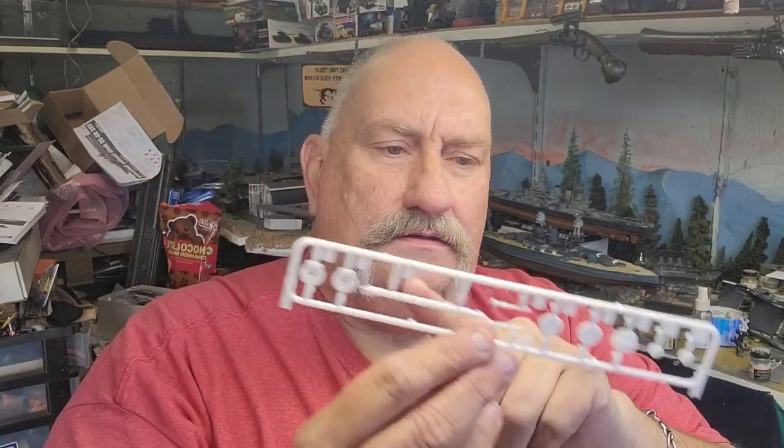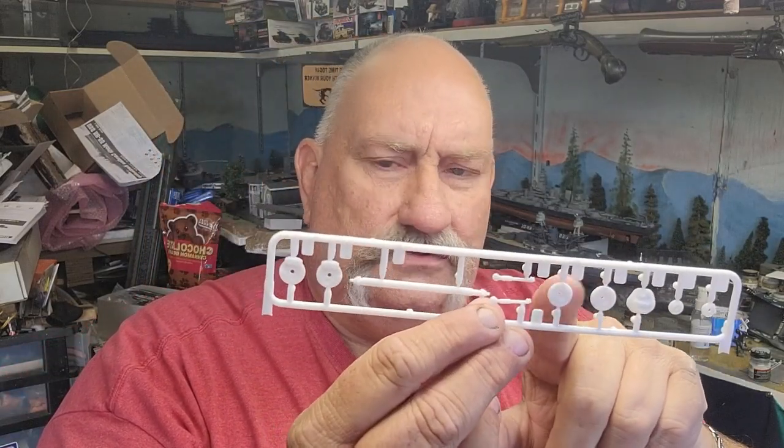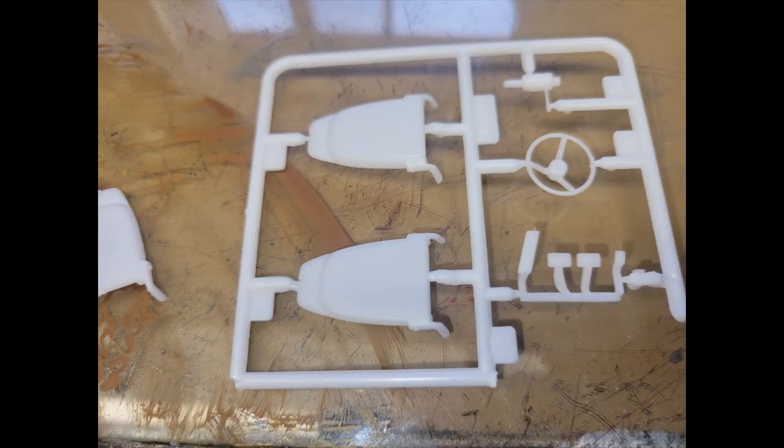Dashboard, and your drum brakes, your disc brakes. Okay, so here is the seat backs, the steering wheel, the steering column, and the